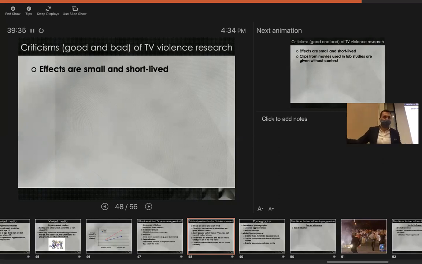We can't measure murder and things like that for ethical reasons, which is why a lot of researchers also use correlational research and longitudinal research, so they can study the relationship between violent media and aggression over long periods of time. We talked about studies where people followed up kids over 22 years and looked at how serious their criminal acts were. So there is research that has looked at larger effects and over longer periods of time.